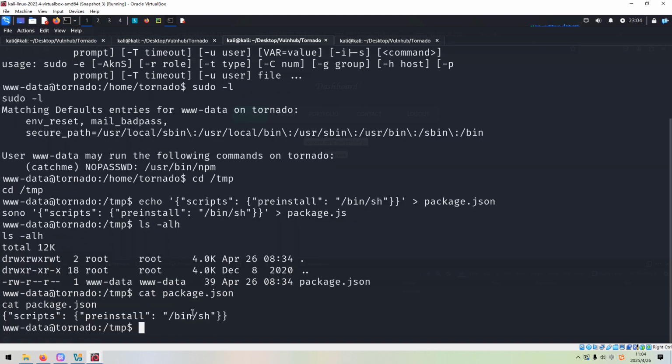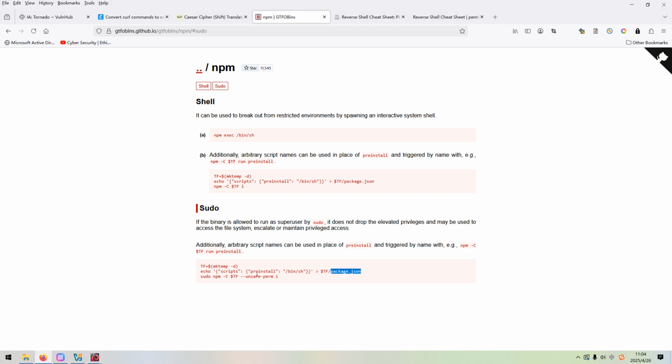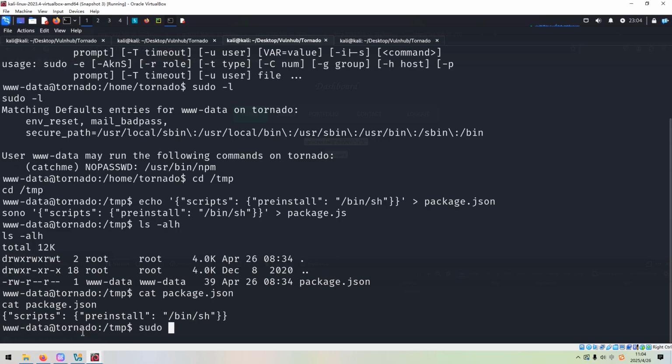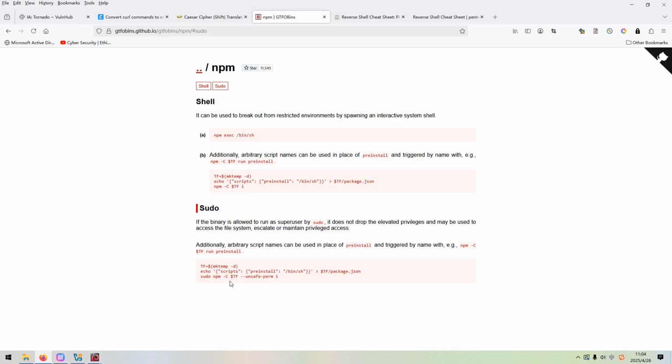You know, it's here. So next, we can run sudo with the username catch me and /usr/bin/npm, and this one